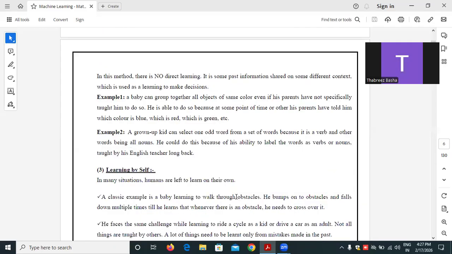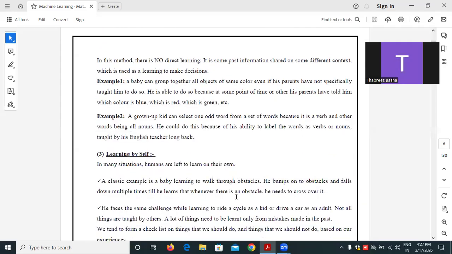And the third one is learning by self. In many situations, humans learn through their own knowledge. A classic example is a baby learning to walk through obstacles. He bumps onto obstacles and falls down multiple times till he learns that whenever there is an obstacle, he needs to cross over it. He faces some challenges, and while learning to ride a cycle as a kid or drive a car as an adult,